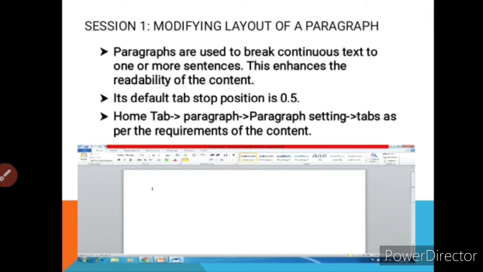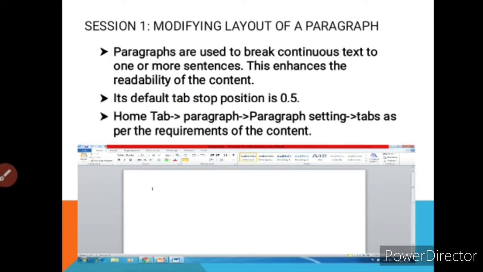First of all, students, you have to know the meaning of tab stop position. Tab stop means if you want to move from one word to another word, the difference between those two words is known as the tab position. Like my cursor moves from one word to another word, that is the basic meaning of tab stop.